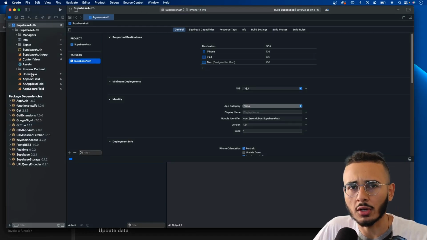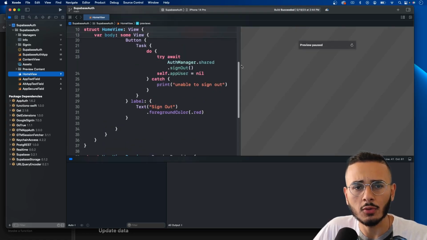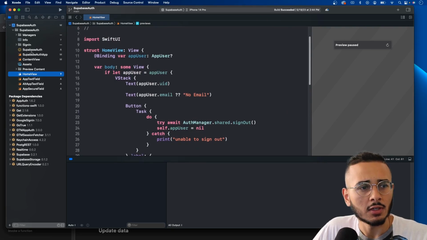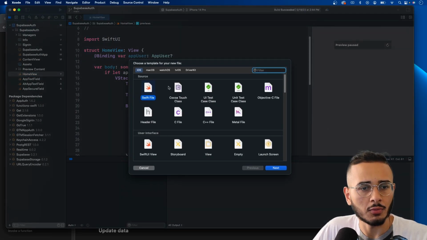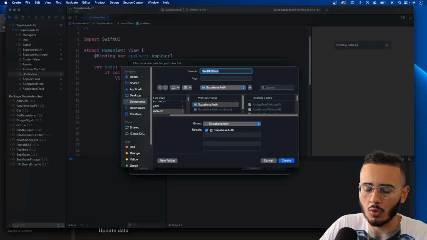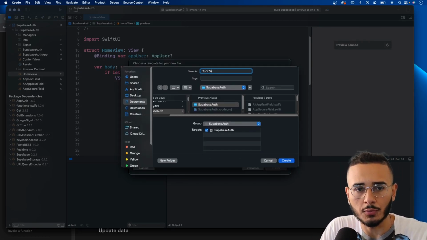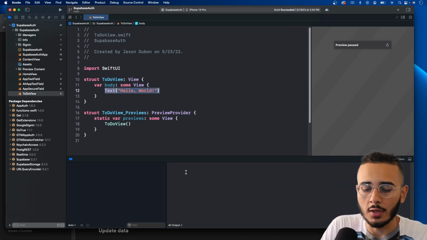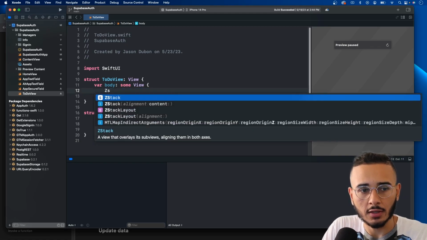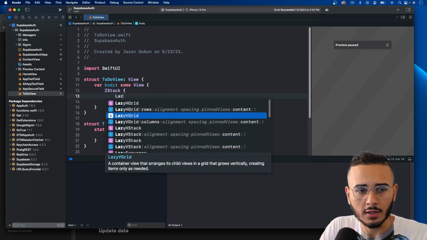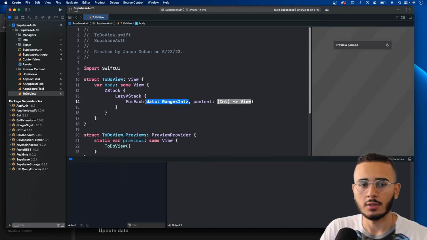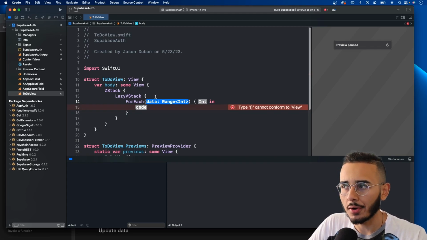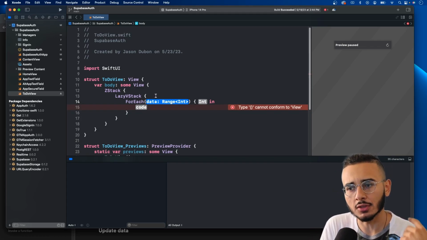And we're going to be working on a to-do list. So let's go to the home view. And I believe in our home view, we have a VStack with just 2 texts. Let's just create a different view. New view, and this would be a SwiftUI view. We'll call this to-do view. All right, so what are we gonna need for this view? Let's start with a ZStack, and we're gonna need a LazyVStack, and a ForEach for data and content. And for each data, this is where we're gonna implement the fetching of the to-do list